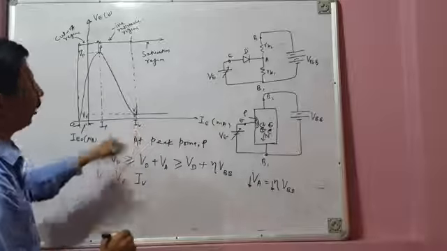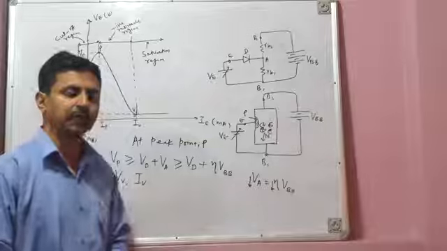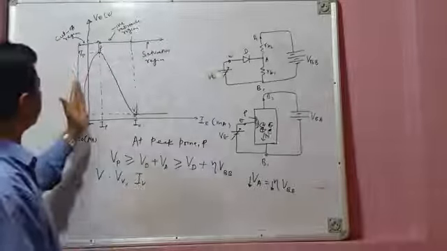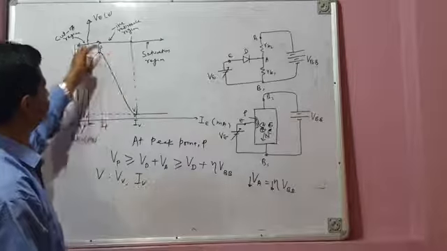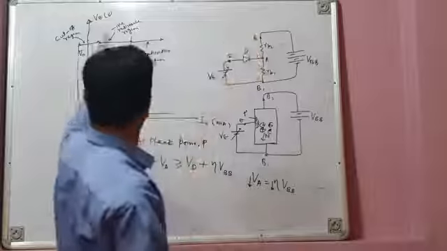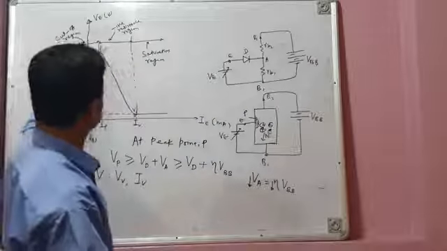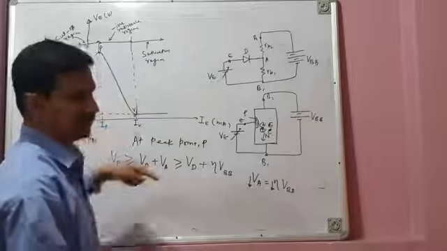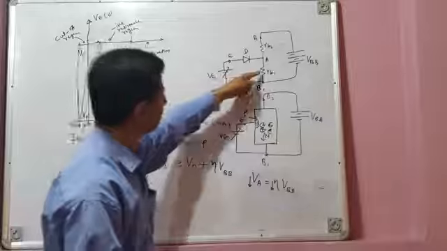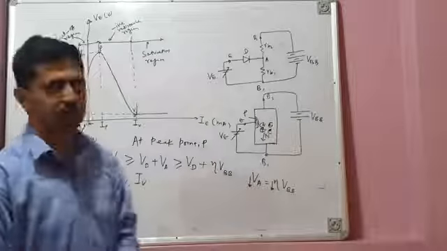So this is the operating current of the UJT. We can now say that at the valley point, the UJT has gone into conduction. Therefore, the region from P to V shows negative resistance characteristics, because from P to V, you can see current increases, but resistance decreases, or voltage drop across the device decreases. When current increases and voltage drop decreases, it means this internal resistance is decreasing. So it is a negative resistance region.